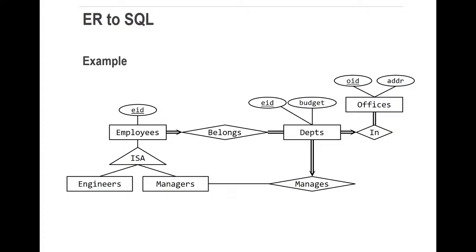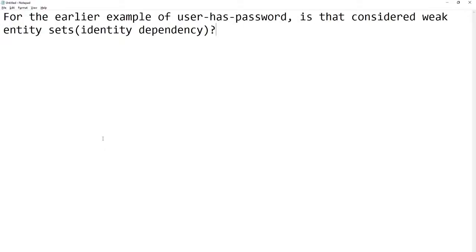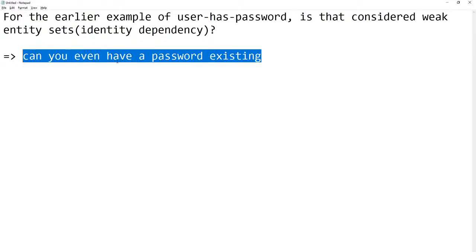I think this is one that I have not answered. For the earlier example, user has password, is that considered a weak entity set? So the password should not even be considered an entity in the first place. Because your ER diagram, even though it's just a conceptual abstract thing, should capture a real world constraint. So the question is, can you even have a password existing? If you cannot, and you said there is an existential dependency, then